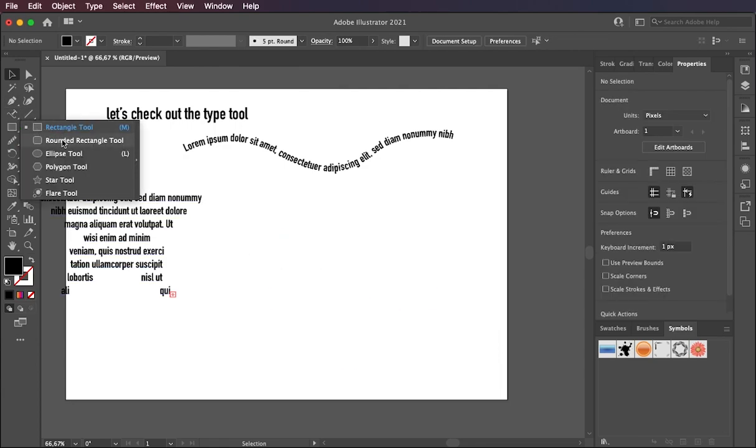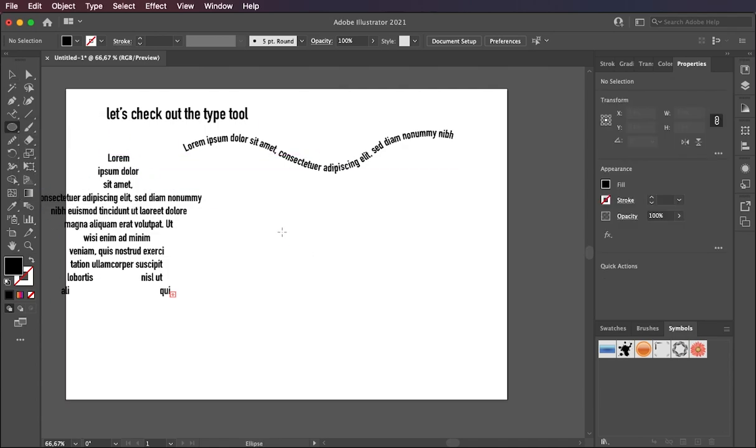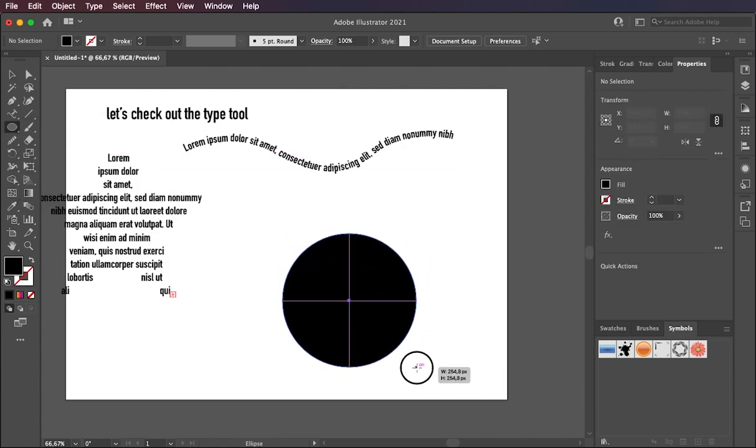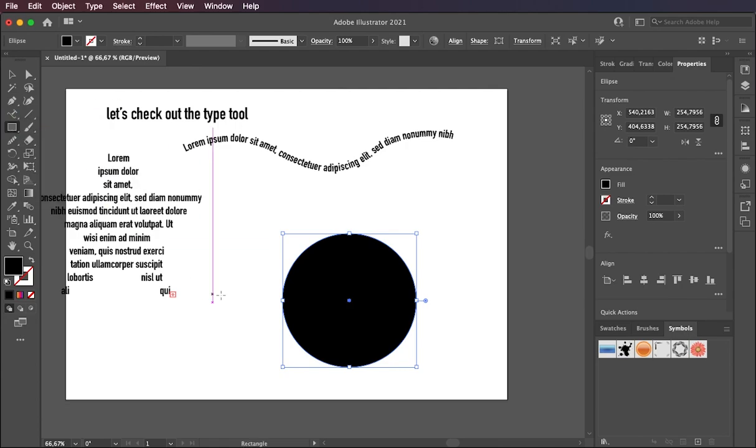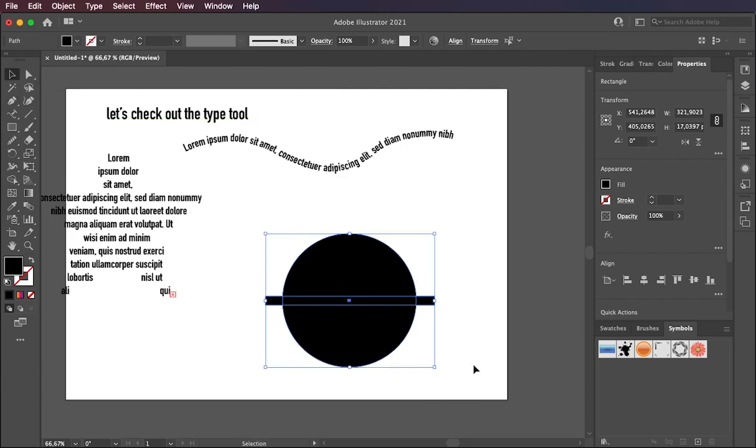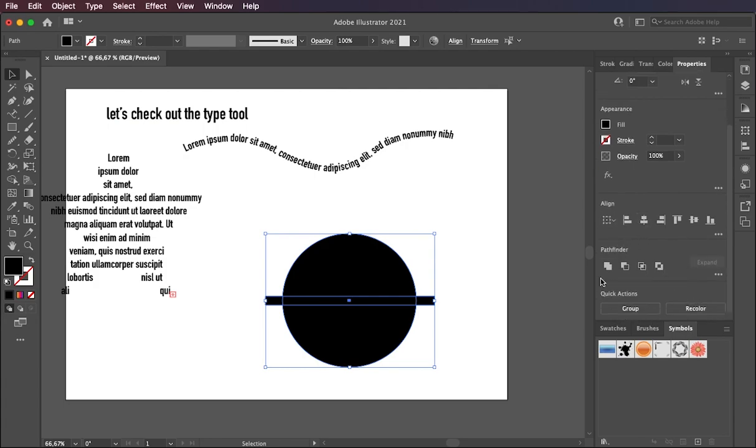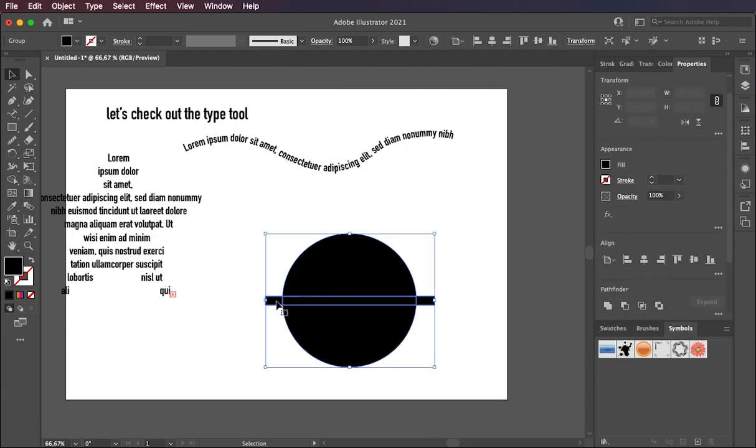Okay, let's start from having a shape, something like a circle, and put the rectangle in between them, because I'm planning to create 2 different half circles. So I can select them all, go to the Pathfinder tool, expand it, and divide all of the parts of it. I can go and get rid of